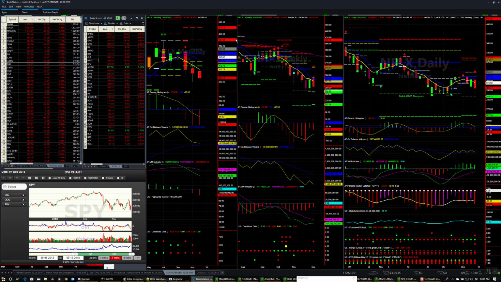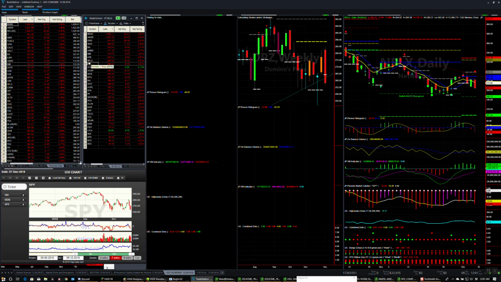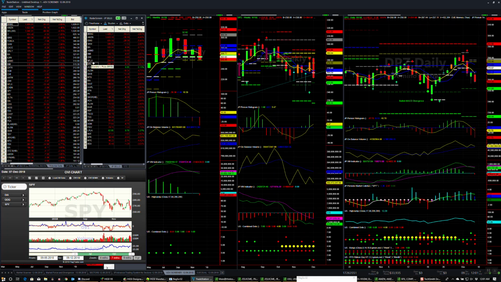Downtrend with resistance here, new daily sell signal, and struggling on the weekly. Domino's Pizza, all right, just broke through support on the weekly. Volume is horrible, in a squeeze, new daily sell signal. In fact, this is one where if I put in a